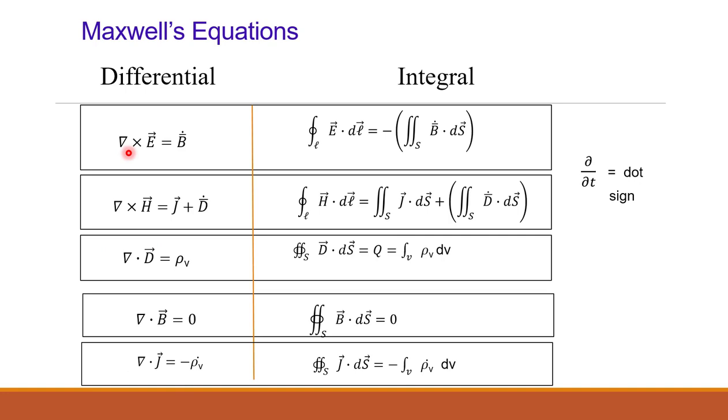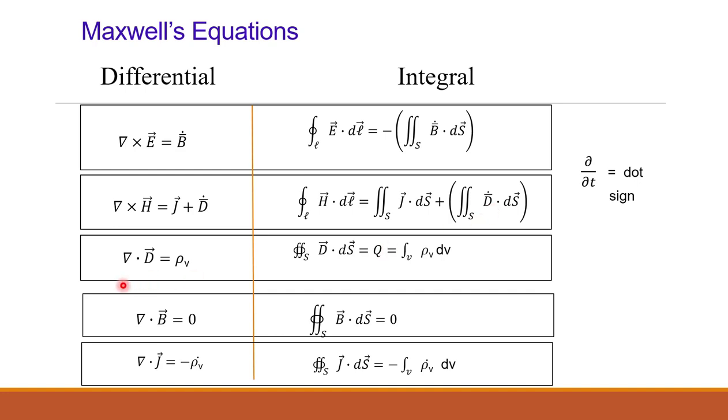Now the first equation is derived from Faraday's law. Del cross E bar is equal to minus B bar dot, so dou by dou T variation is replaced by the dot sign here. Similarly in integral form, dou by dou T is removed and B bar dot is written. The same can be applied for Ampere's law. Ampere's law states that del cross H is equal to J bar plus dou D by dou T, but dou D by dou T is replaced by the dot sign, so we get J bar plus D bar dot. In case of integral form, again the dou T variation is replaced by D bar dot.